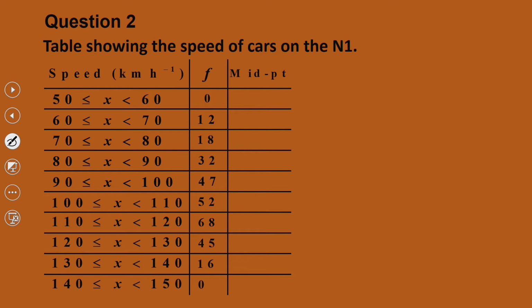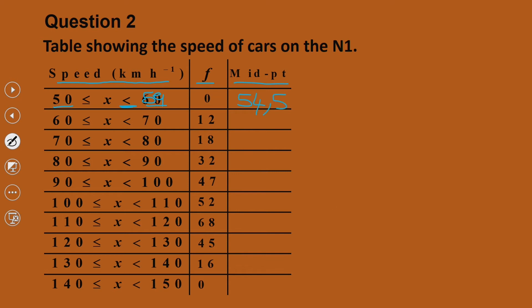Here is a table again, similar to the previous question. It has the speed in kilometers per hour. The frequency is given. Now we must fill in the table with the midpoint. Remember what I said. When you start from 50 up to 60, but very important, look at the inequality sign which says less than, which means it's up to 59. So 50 plus 59, and then we divide by 2, it will give you